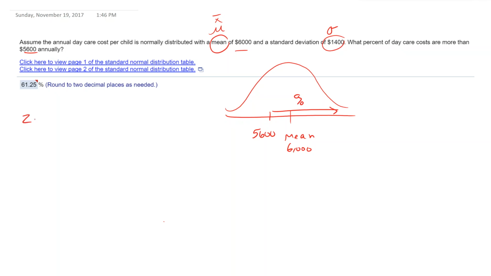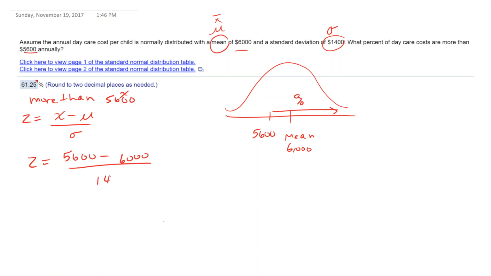We use the z-score formula to standardize. It's x minus mu, or x bar, divided by sigma, the standard deviation. So we're searching for the percent that is more than 5,600, and so that's our x that we're trying to convert. 5,600 minus the mean, 6,000, divided by the standard deviation, 1,400. So z equals, first we'll subtract on top, 5,600 minus 6,000, and we get negative 400. Divide that by 1,400,